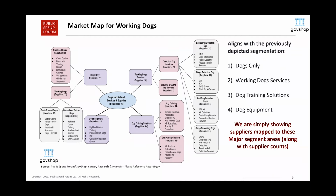All I wanted to do was just to tee it up. I can take a look at each of the segments individually very briefly before we move on to the demo. The points I wanted to highlight here is, again, it's the same 4 segments that we saw previously that are listed on the right-hand side of the slide. And we're simply showing the suppliers mapped to these major segment areas and the subsegments along with supplier counts. Let's take a closer look at 1 or 2 of the major segments that we covered back over here. And then I'll move on to the demo and show you how you can find, search, and filter for these